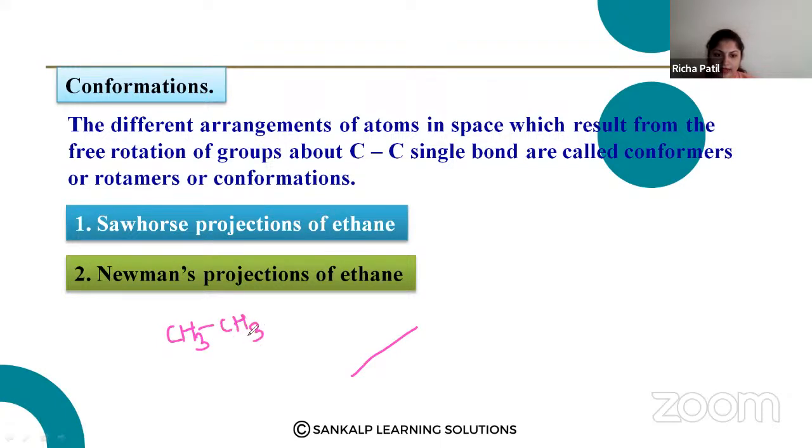So this is ethane. How do you represent it in Sawhorse projection? So draw a tilted line. Okay, then